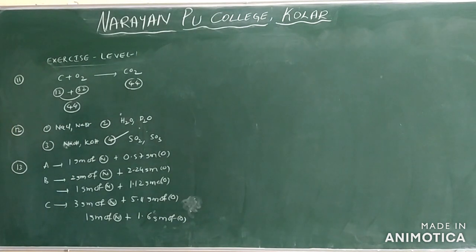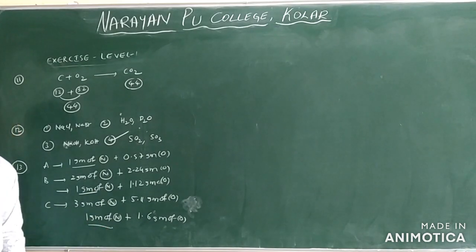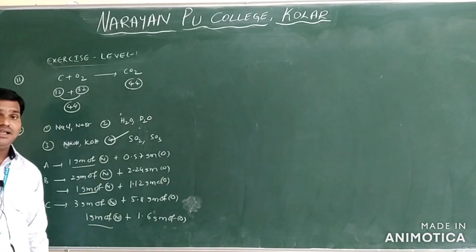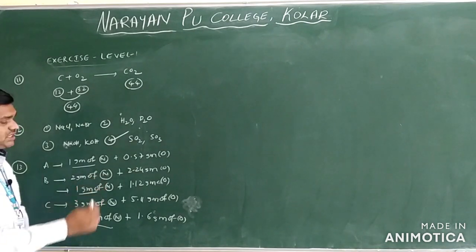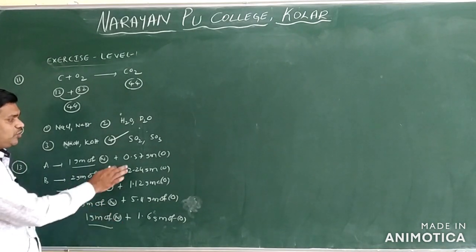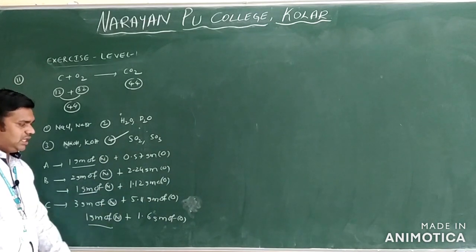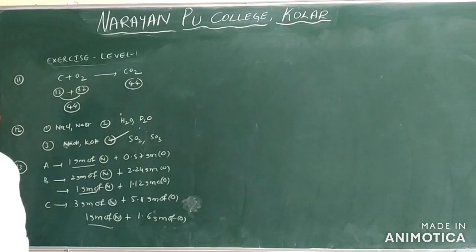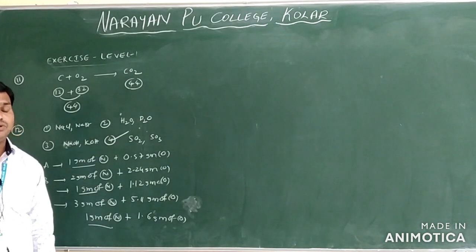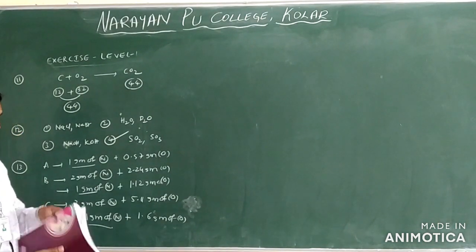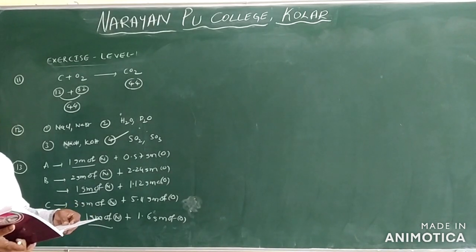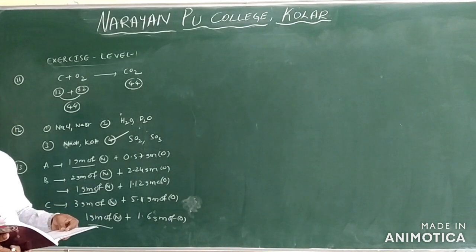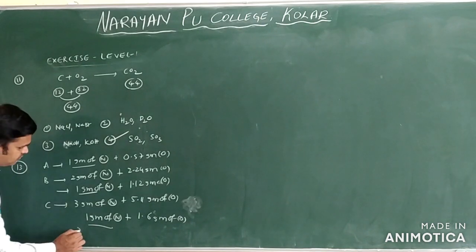Let us see, here we have clear. After simplification we will get 1 gram of nitrogen. What element is fixed here? Nitrogen is fixed. What changes in the proportions here? Oxygen changes: 0.57, 1.12 and 1.6 values only. One element is fixed, another element's ratio will be in the form of simple ratio. What law is it? The law is law of multiple proportions only. So what answer you will take? Option 2 for this question only.